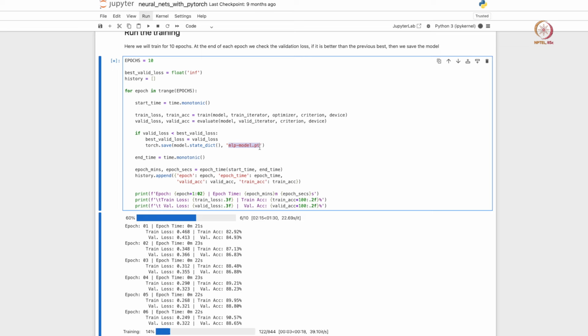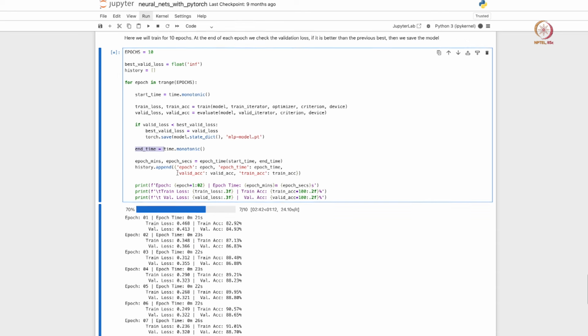So in Keras it was .keras, and in PyTorch it is .pt, right. You can of course save the model itself, or you can save the state of the model, in this PT extension here, right. And once this is done, the end time is also stored, right. So the difference between the end and the start time is the total amount of time it took for one epoch.